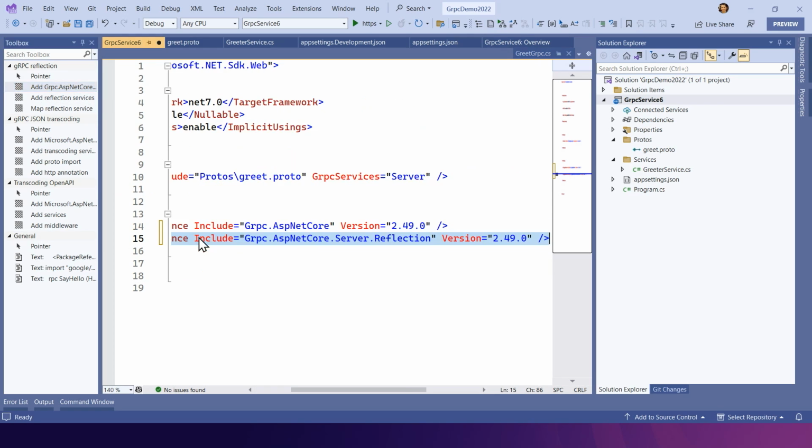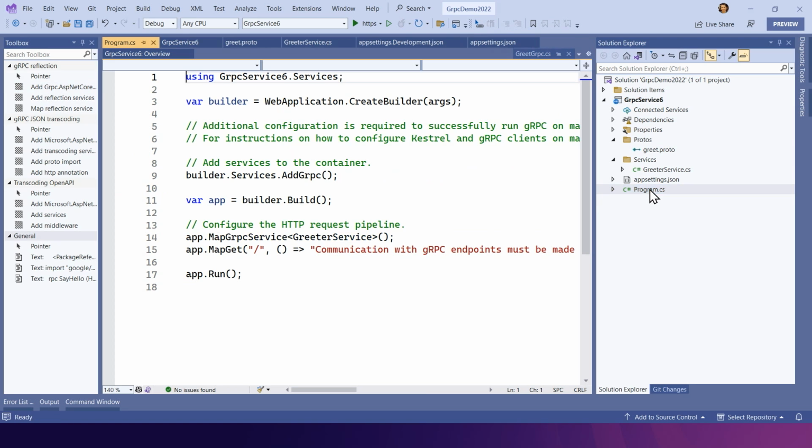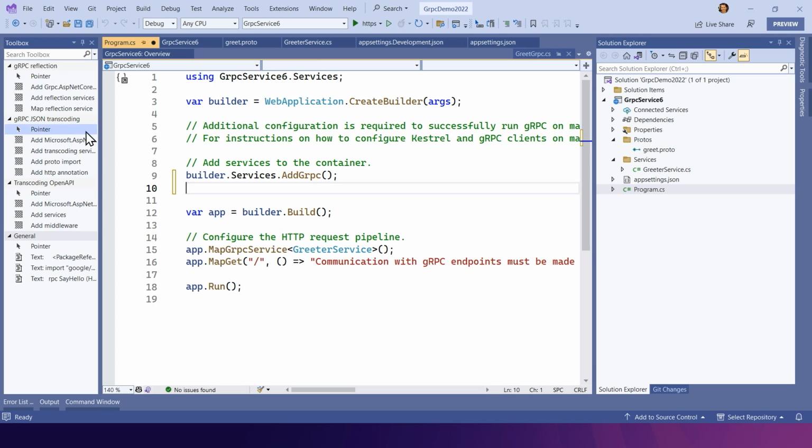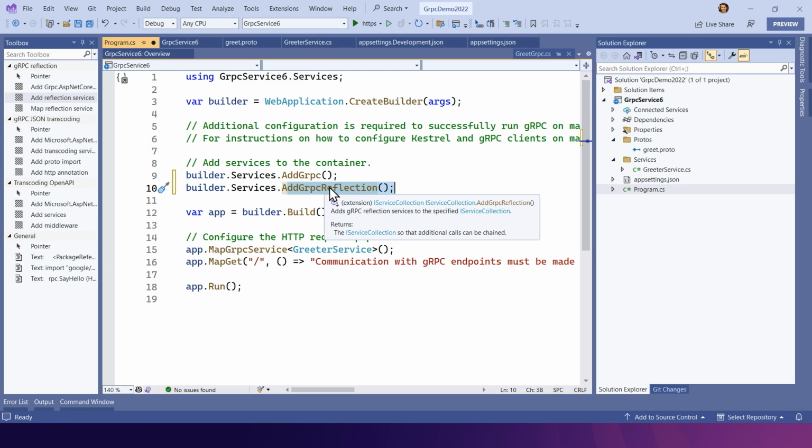The first thing we're going to do is add a new package. This is the Server.Reflection package. Then in our program.cs file, which we haven't looked at yet, we're going to register some services with DI. Just like we're registering gRPC, now we're registering some additional services for gRPC reflection.